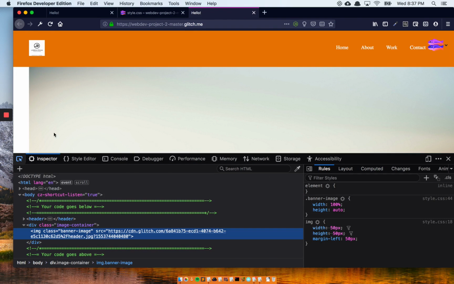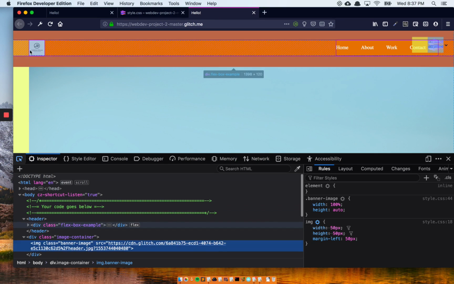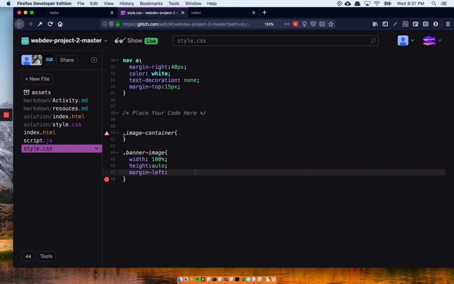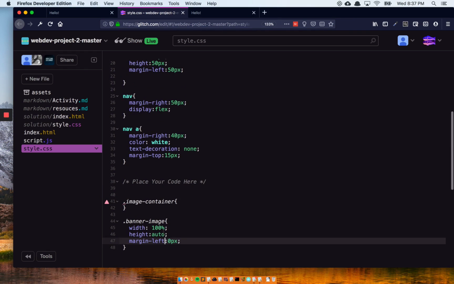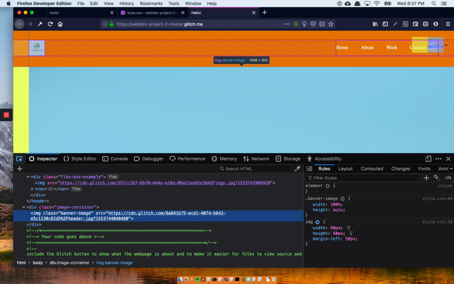And this is an image, so it has a margin here. See how they're both lit up? And that one over there too got moved, the little fish. If we take the margin left off all, they all slide over to their spots, but that's not what we want. We just want it to happen to this one. Or more precisely, we only want it to happen to this one, and we don't want the other ones to be normal by default. But let's do it the easy way now and give it a margin left of 0 px, which pretty much says all images do margin left 50 px, but this image, banner image with the class, I want 0 px. And when we do that, and we refresh our page,